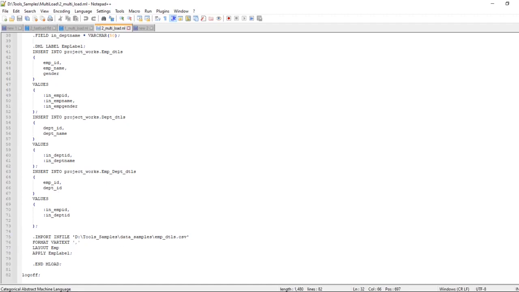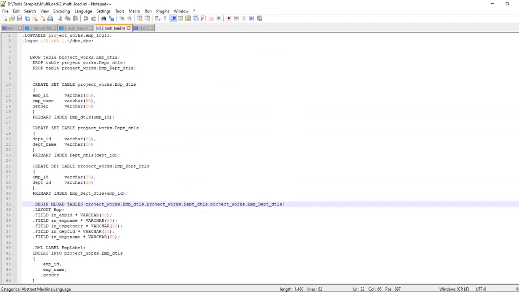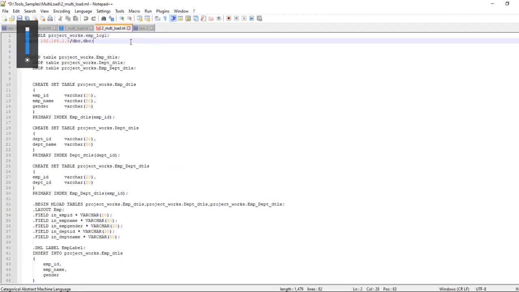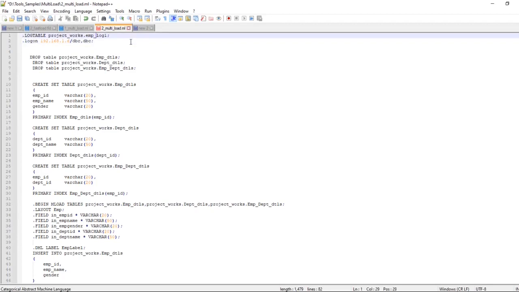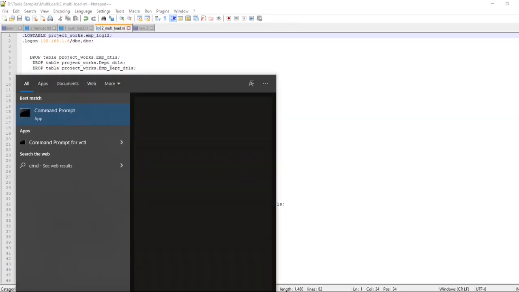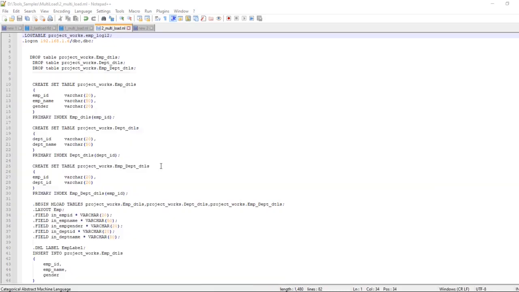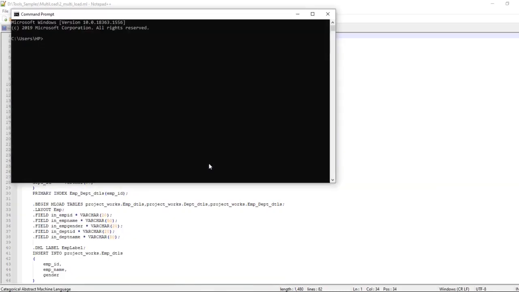Now let's go ahead and execute it and see how it is loading. Let's save it, and I'll open the command window, cmd, and go to the D drive.